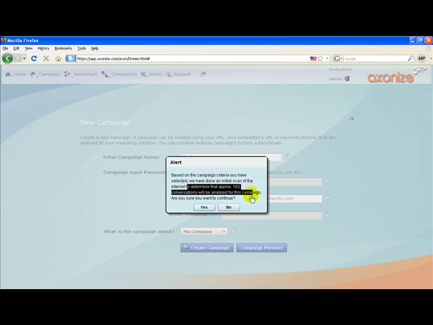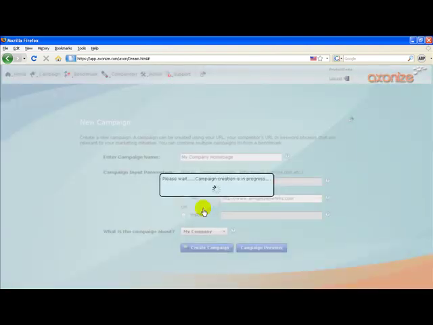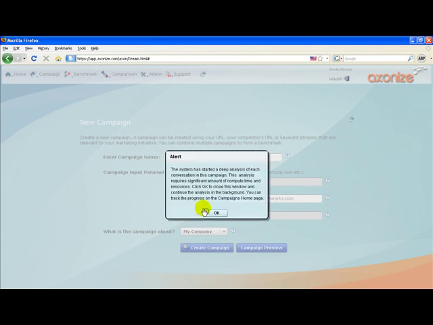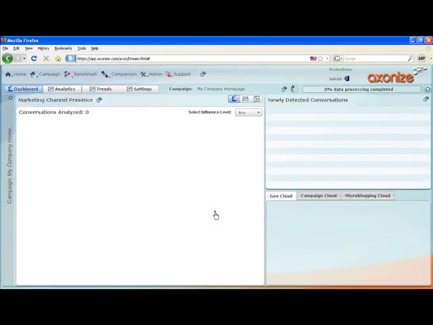Once the estimation runs, we get an approximate number of conversations which will be analyzed in this campaign. In this case, it is 162. If we want to continue campaign creation, we go ahead and press the yes button in the alert. This option will measure the visibility only of the web page with the URL airtightnetworks.com, which is the home page of the company site.